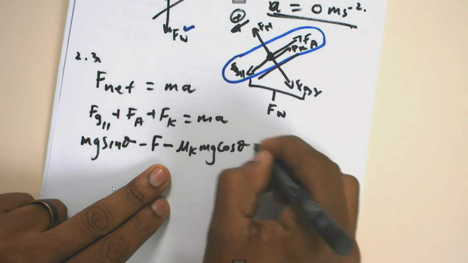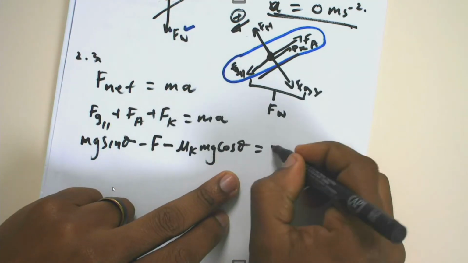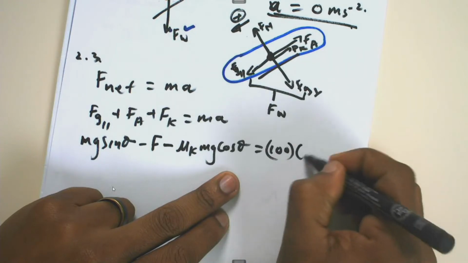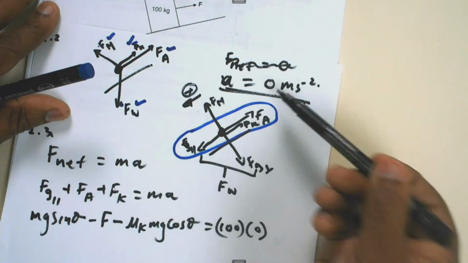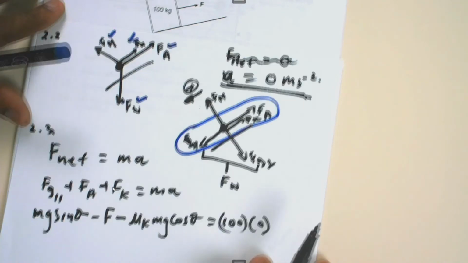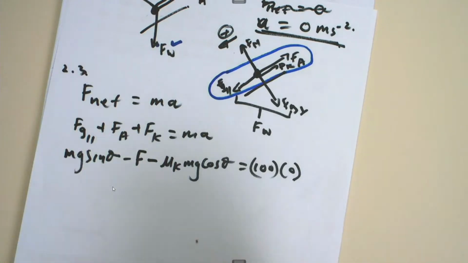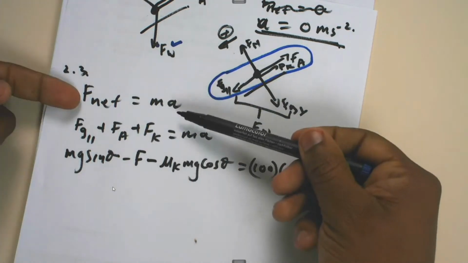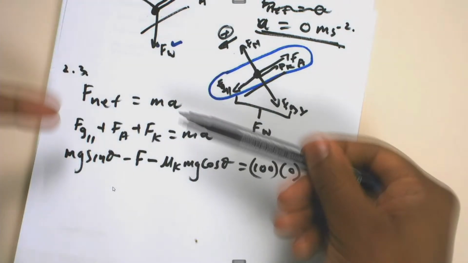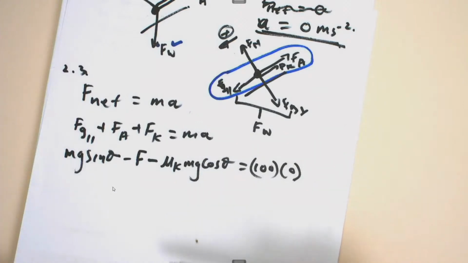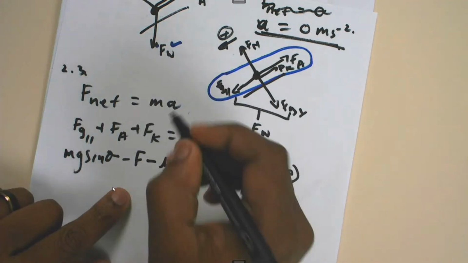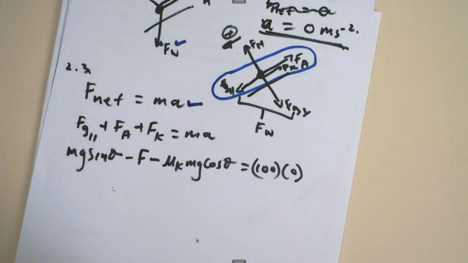cos of theta, and then the mass there will be 100 multiplied by 0. The 0, remember, is from that constant speed. Thereof, it will be just a matter of substitution. But I wanted to show you that by choosing the correct formula and adding other information that comes thereof, it's easy for me to get a mark there.